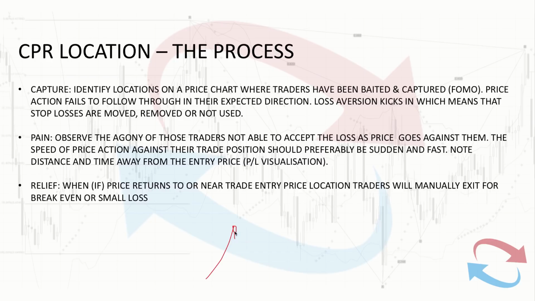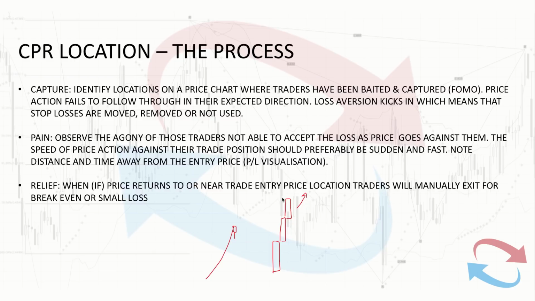entry, because if you would have entered randomly, or you would have entered on bullish price action, then chances are that there's a lot of other traders that would do exactly the same thing, right? So what we need is, first of all, the context of the market. We need a move. It could be even just a couple of really strong, large candles in a direction. And then what we want to see is where price action fails to follow through to